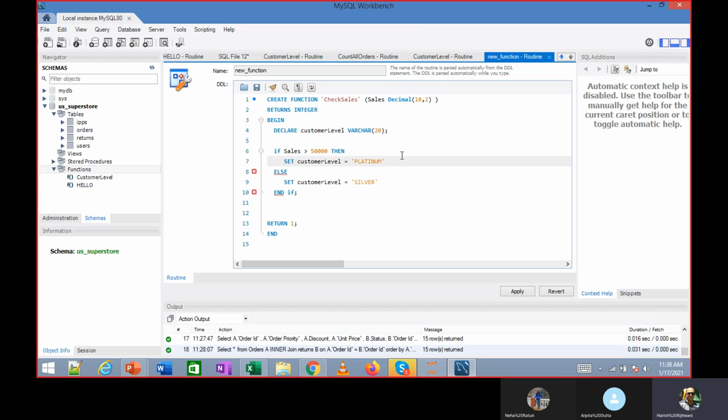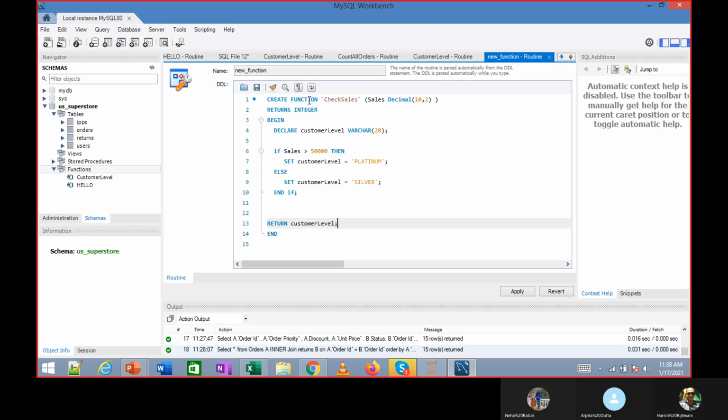At the end of each line, I need to define this semicolon. If you remember, last time we had also changed that delimiter, but I am not using that option. I am using it right from here, create function. And instead of returning 1, we need to return this customer level.